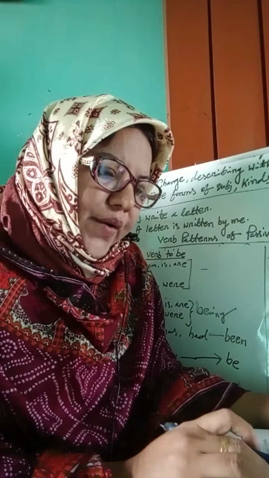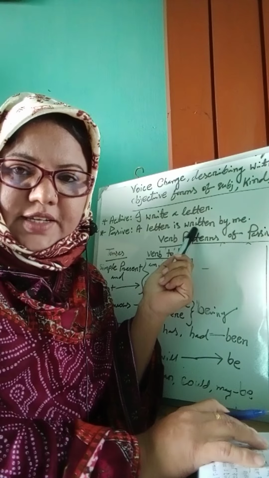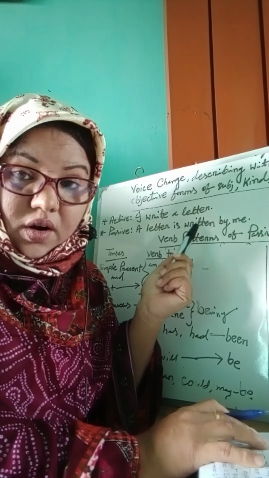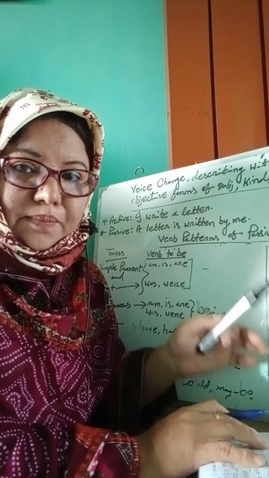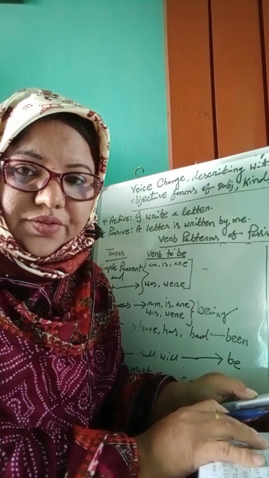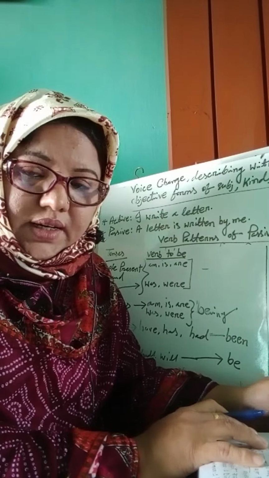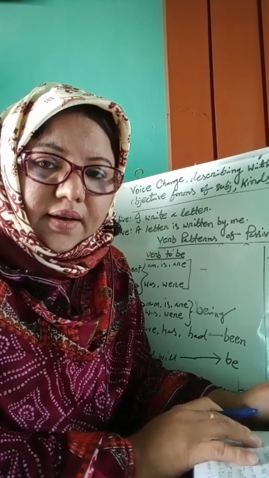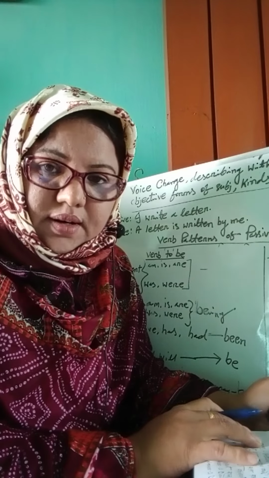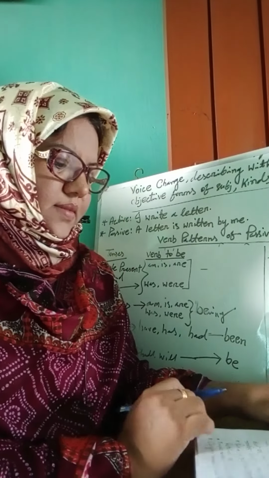Okay, and the main verb write is changed into verb 3 in passive voice, and an auxiliary or be verb is added before it, and in all tenses it remains verb 3 or past participle form. That means main verb টি passive voice এর ক্ষেত্রে যে কোনো টেন্সের ক্ষেত্রে ভার্ব 3 থেকে যায় বা পাস্ট পার্টিসিপল ফর্ম হয়ে থাকে। ওকে ওকে